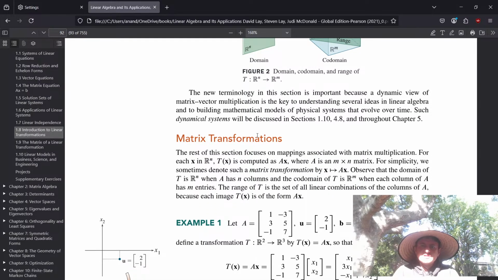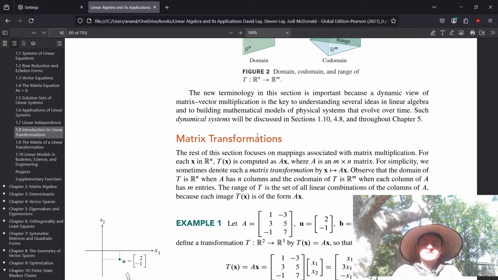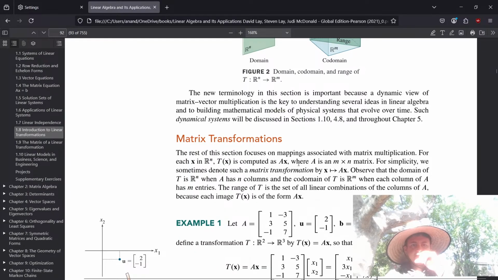So the new terminology is important because a dynamic view of matrix vector multiplication is the key to understanding several ideas in linear algebra and building mathematical models of physical systems that evolve over time. Such dynamical systems will be whatever. Matrix transformations. The rest of this section focuses on mappings associated with matrix multiplication. For each x in Rn, T of x is computed as A times x, where A is an m by n matrix. For simplicity, we sometimes denote such a matrix transformation with that arrow. Observe that the domain